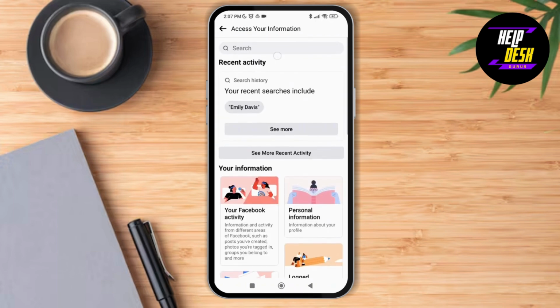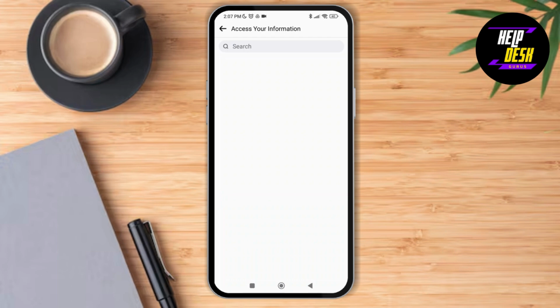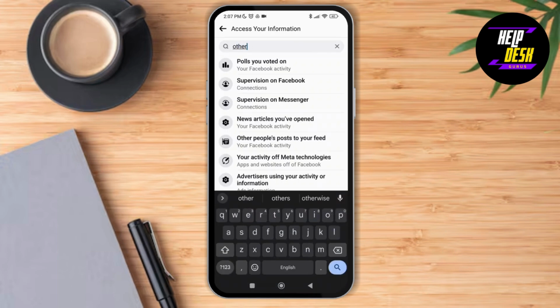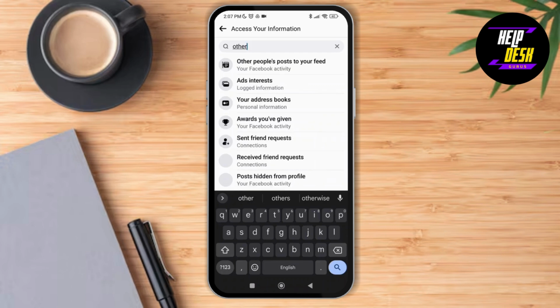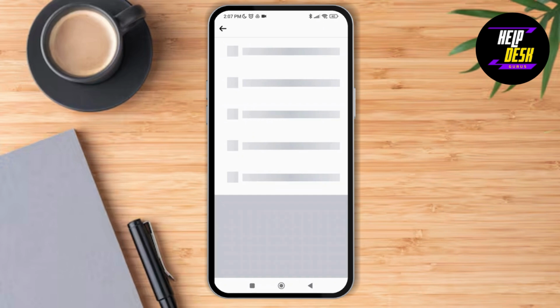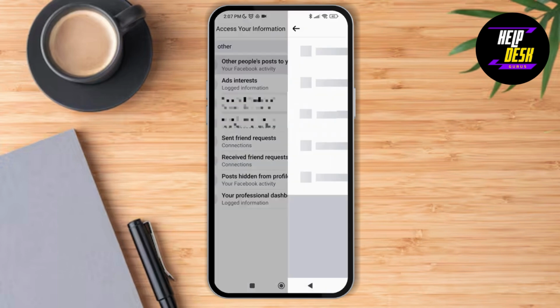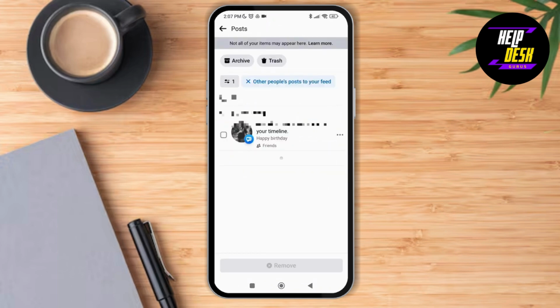So here on the search bar, you can just search for other over here. So just type other and you'll be able to see the option of other people's post to your feed. So tap on it and here you'll be able to see the Facebook birthday wishes that has been done on Facebook to you. So tap on it, or rather just tap on the three dotted lines beside the wishes